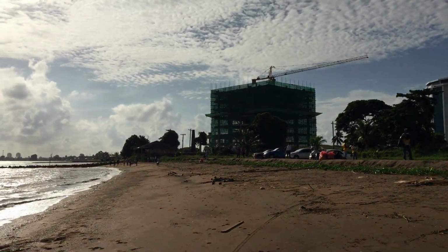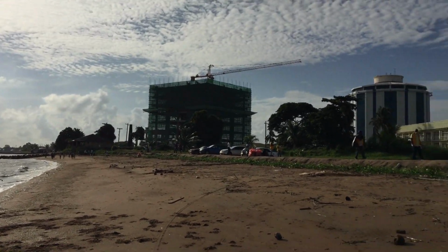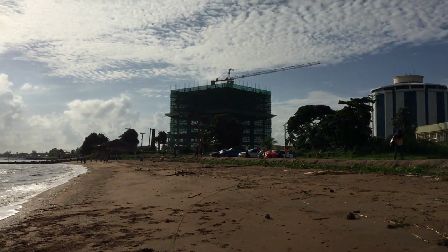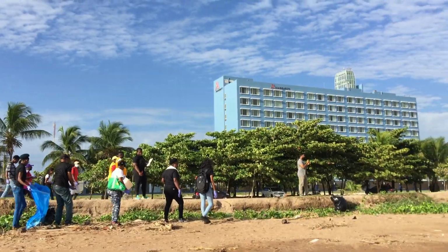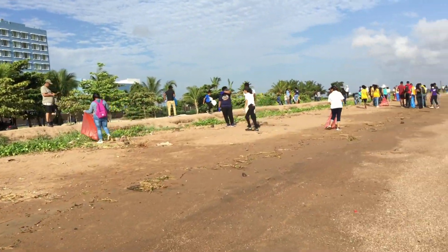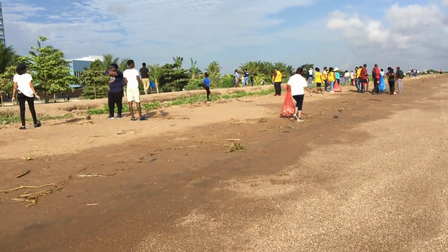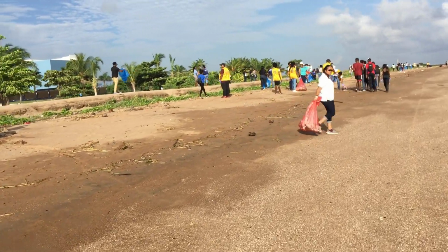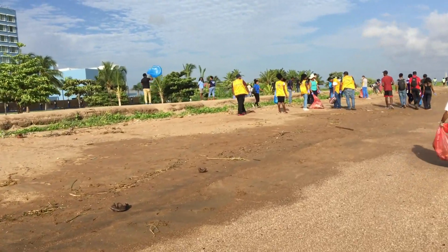So again, that's the Marriott expansion. Sorry, that's the Pegasus expansion, Pegasus Hotel. That's the Marriott. And these are Guyanese cleaning up the beach here on Saturday morning. And this is in fact not the first time this is happening. This is a regular occurrence, but like I said in a previous video,